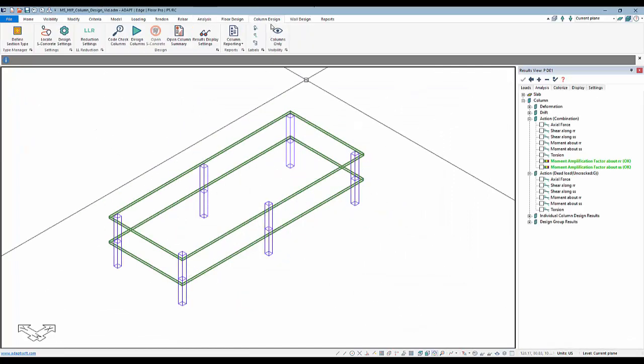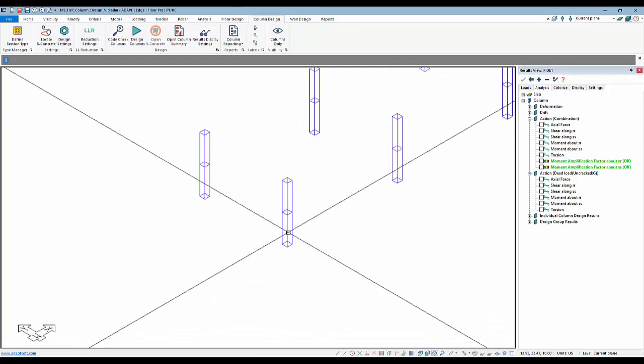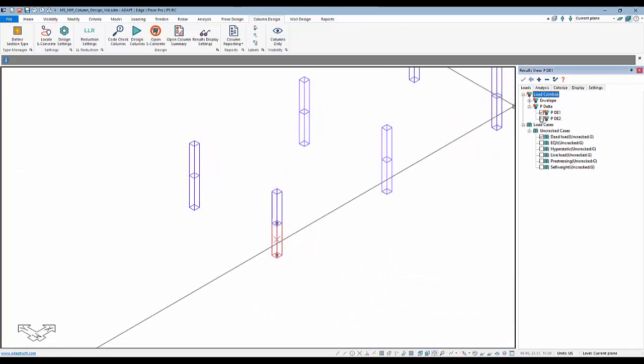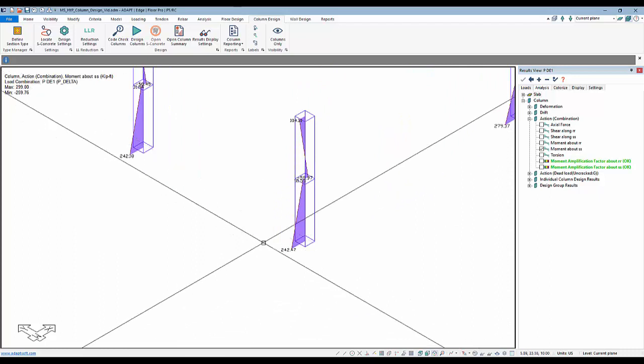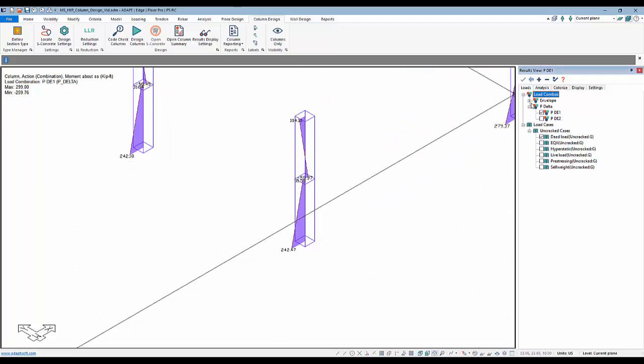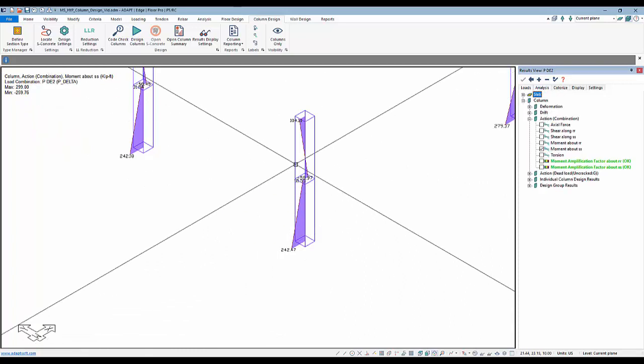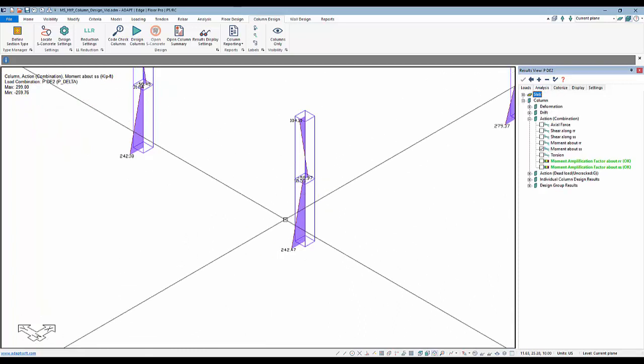Okay, and I'm going to isolate the columns. We'll take a look at this lower column here on the bottom right of the frame, and we'll select the load combinations PDelta 1 and PDelta 2. We can see, for example, if we look at bending for the action combinations for columns, I'll expand that again so we can see that more clearly. The moment here is 242.5, and then if I switch it, it's identical. And if you run through all of these actions, you'll see that they're identical because they're not including those hyperstatic